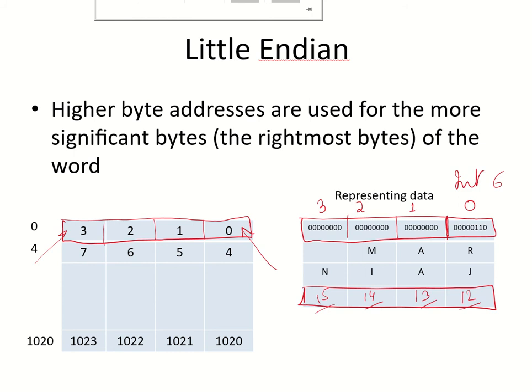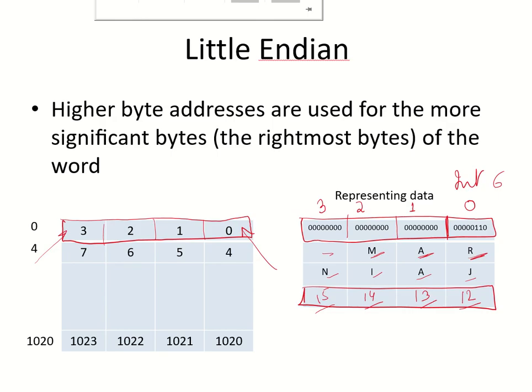How would I be storing the characters? Start from the lower address, which is 4, 5, 6, space, and then it goes like this. As long as you are using any representation in a machine, it is fine. Problem arises only when data has to be transferred from one machine to the other.